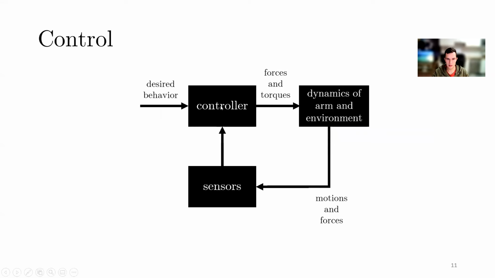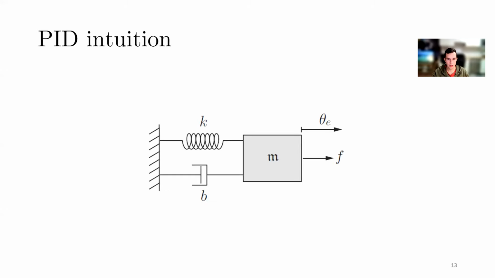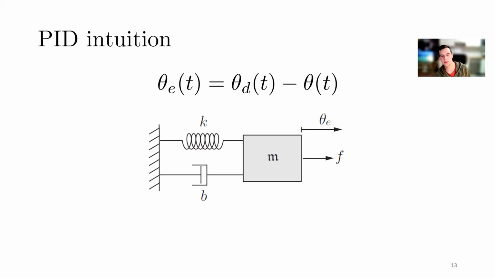We will consider that our controller computes all the forces and torque which are needed to move the robot. All right. Okay, so the PID works as the mass spring and damper system. It's all about the difference between the desired position and the actual position. And we can consider this position error as the